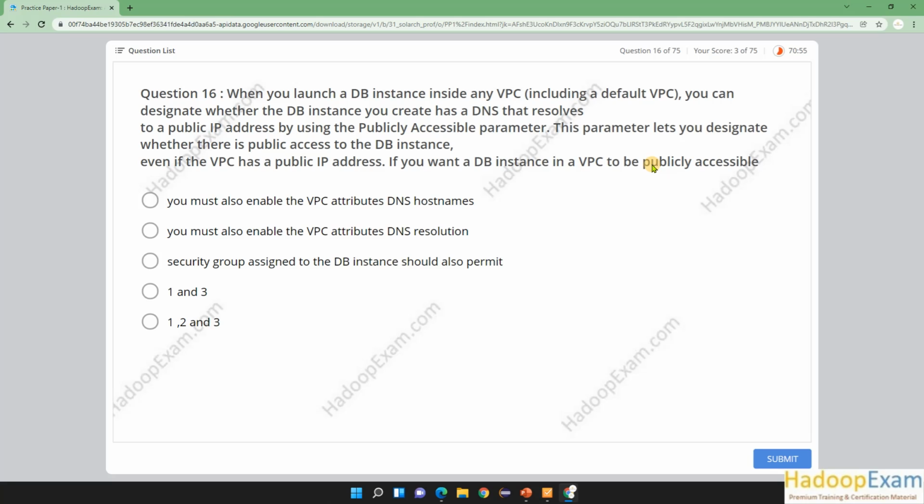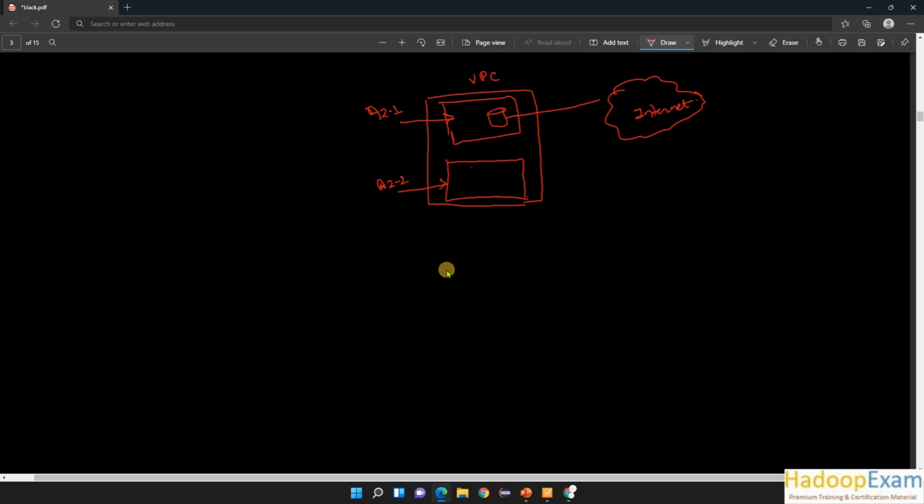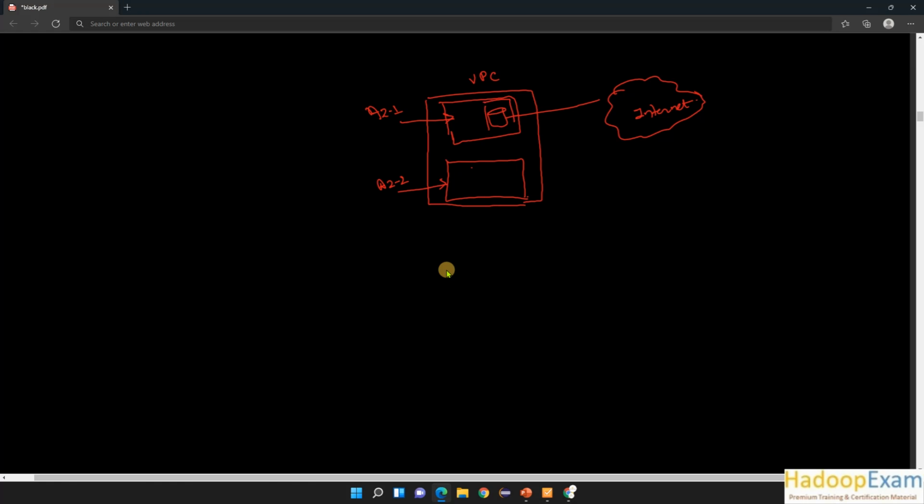There are some parameters which make a VPC have a public DB instance. Even if a VPC has a public IP address, you need to set it up to make it publicly accessible. What are those parameters, and what do you need to do to make this database publicly accessible? As we discussed previously, it has to have the VPC attributes set up, that is DNS hostname and DNS resolution, and the security group assigned to the DB instance should permit access, because this DB is installed on one kind of EC2 instance only.